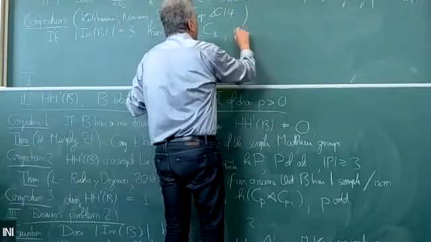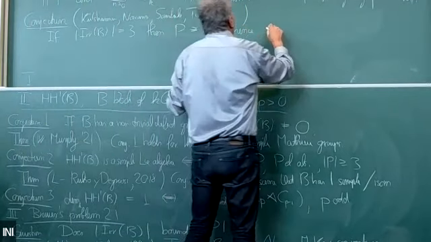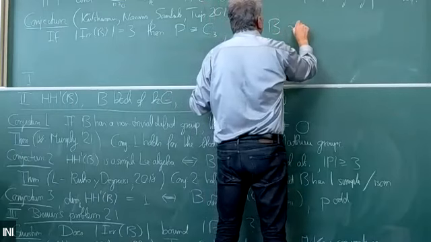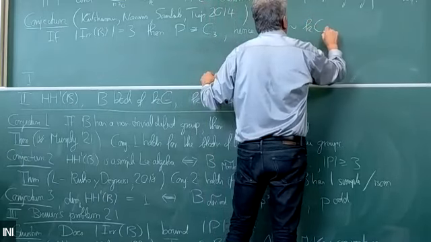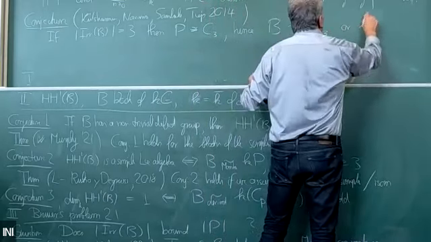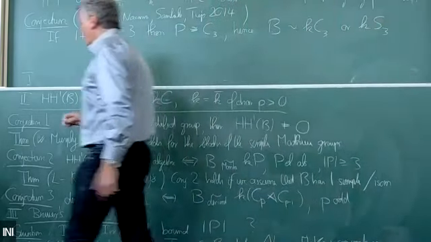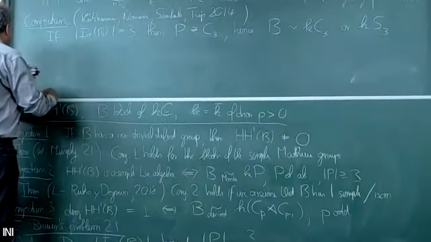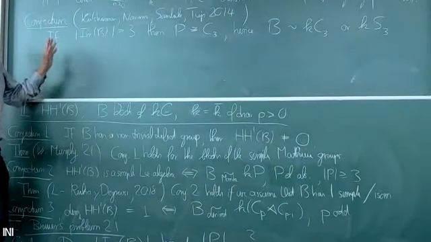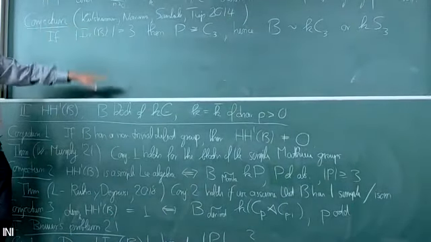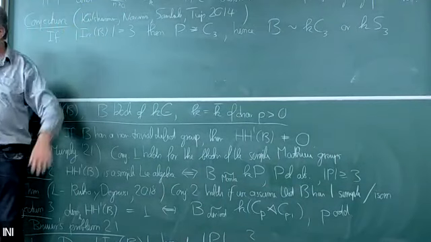And hence, the block itself is Morita equivalent to either the group algebra of C3 or the group algebra of S3. So you have these two possibilities. And to my knowledge, this is still an open problem. There's quite a bit of progress on this, but